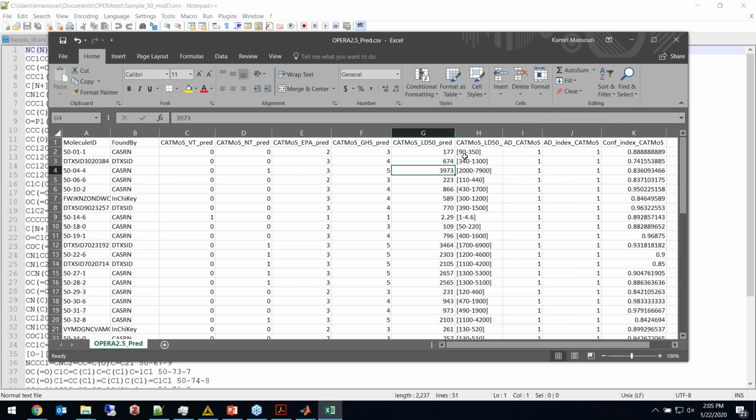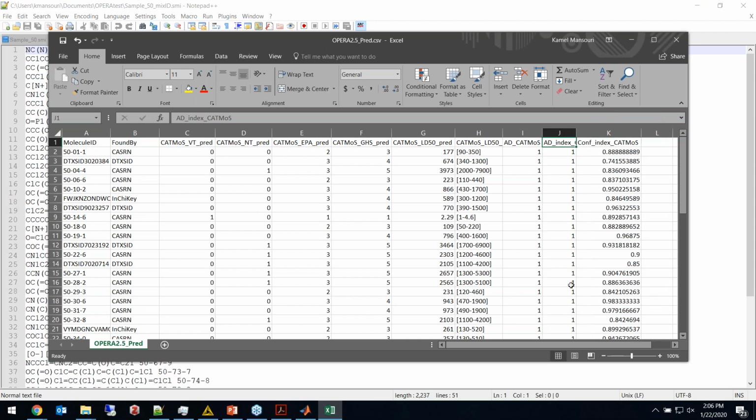So these are specific to CATMoS. For all the other models, including CATMoS, you have the applicability domain, which is a binary column with 0 or 1. 1 means inside the applicability domain, and 0 means it falls outside. And then an AD index, which is the similarity to the 5 nearest neighbors. And then a confidence index, like how confident are we in that specific prediction, and that's also based on the similarity to the 5 nearest neighbors, and also